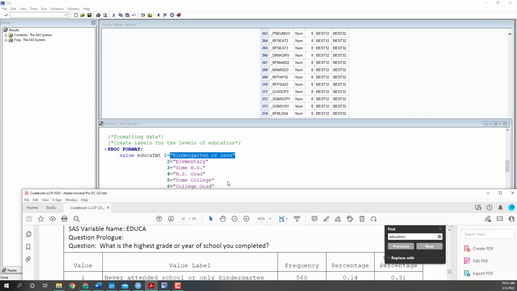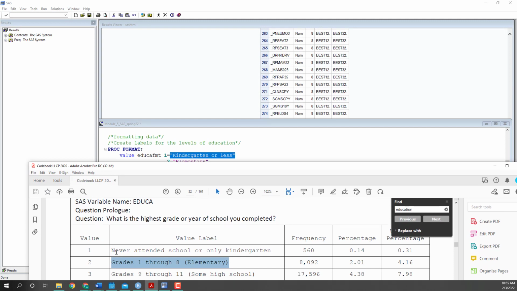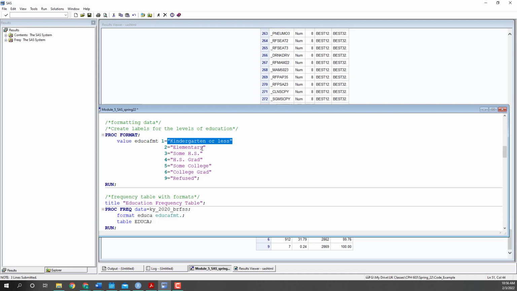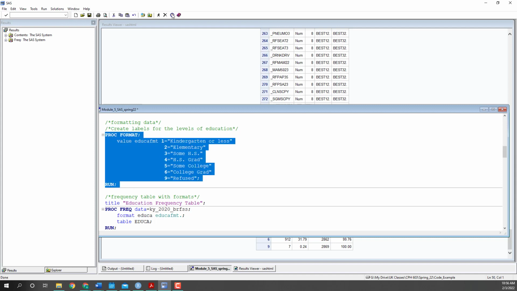So for example, for number 1, instead of "never attended school or only kindergarten," I changed this to "kindergarten or less." Instead of "grades 1 through 8 elementary," I made the next one just "elementary." After you list all of those out, the very last one needs to be followed by a semicolon and then the word run. All this is going to do is create this education format, and then we'll use that format to